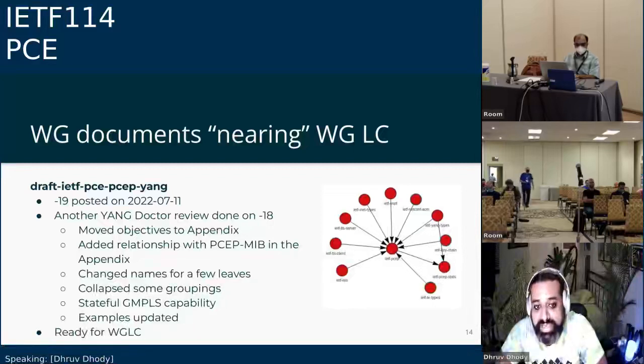PCEP YANG, we have a recent update. This update handles the second YANG Doctor review that was done for this document. As a part of the YANG Doctor's review, there was a section on objectives for this YANG model, and this was found to be a little repetitive and pretty standard, so we moved it to an appendix rather than the core of the document. There was a comment on the PCEP MIB that since we borrow a lot of elements from the PCEP MIB, it would be good to have a clear relationship. So we have added an appendix with the relationship between the PCEP YANG and the PCEP MIB,